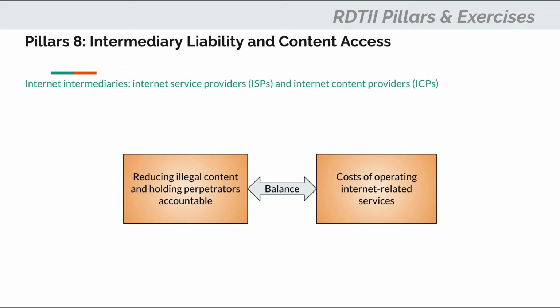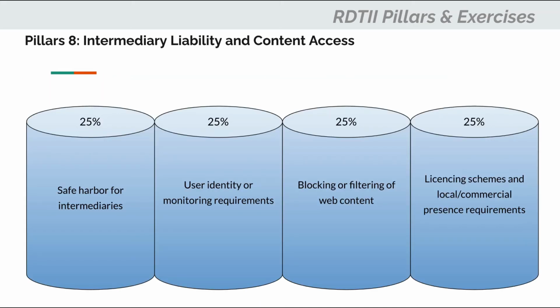The intermediaries facilitate digital trade and include Internet Service Providers (ISP) and Internet Content Providers (ICP). The regulation of Internet intermediaries is based on the interest of reducing illegal content over the Internet and holding perpetrators accountable. However, imposing onerous liability or obligations on the Internet intermediaries would likely discourage them from participating in digital trade in the regulating economy. Pillar 8 deals with regulatory measures that stand on an ill-placed balance of these two competing objectives, including: